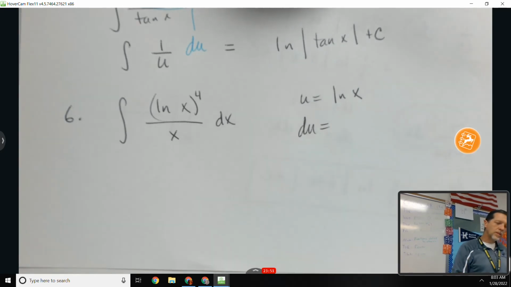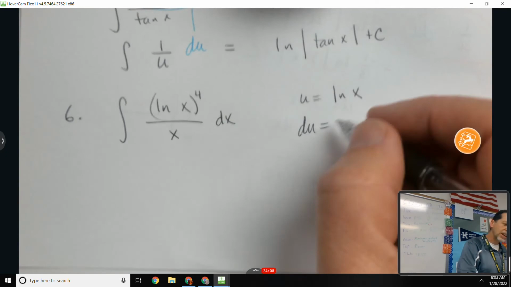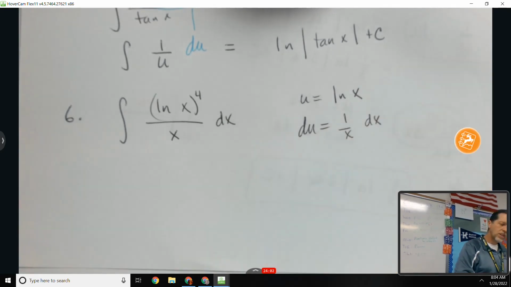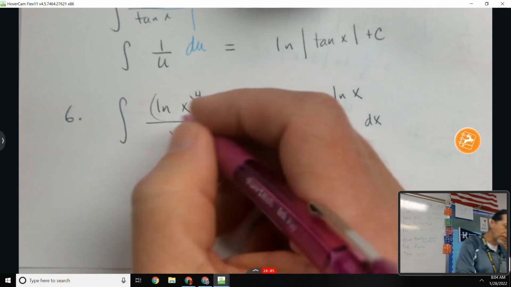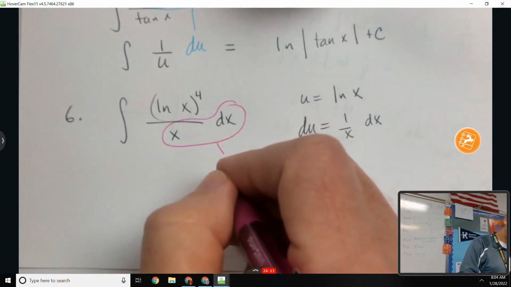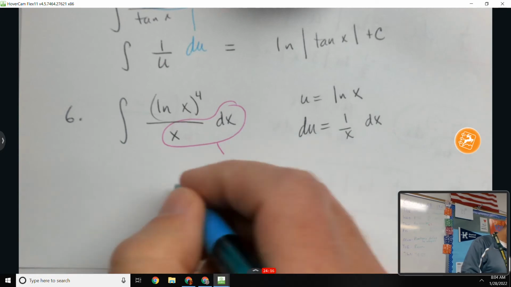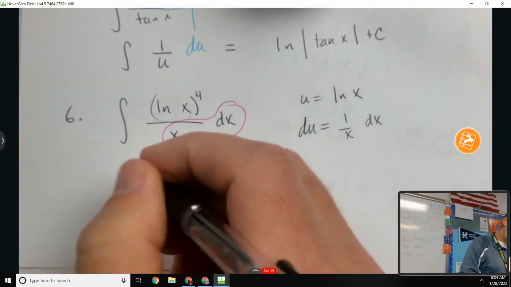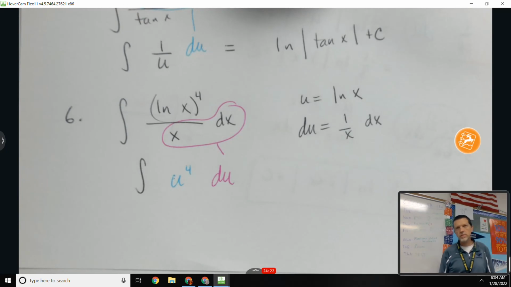What's the derivative of natural log? That's what we did in the warm-up to start the day. 1 over x. Is that good news? Yeah, because we have a 1 over x already. An x in the denominator. It's not written as 1 over x, but an x in the denominator. That's a great example of a u du problem that looks terrible. You make the right pick for u, and you get a really easy